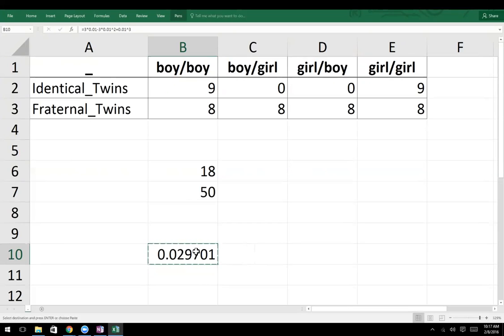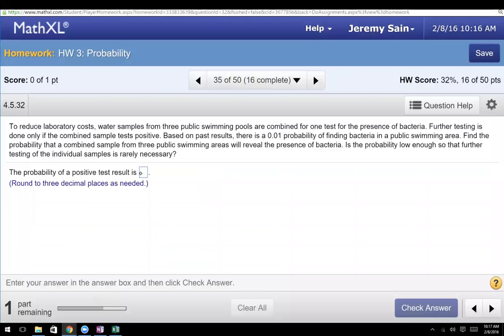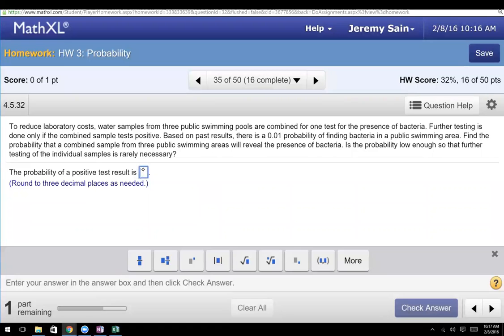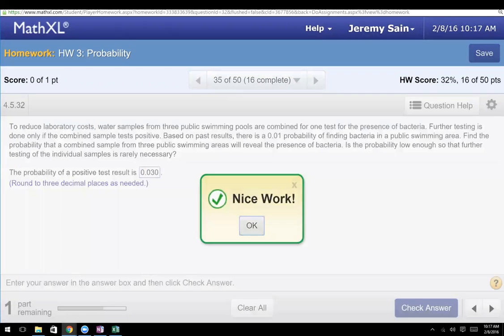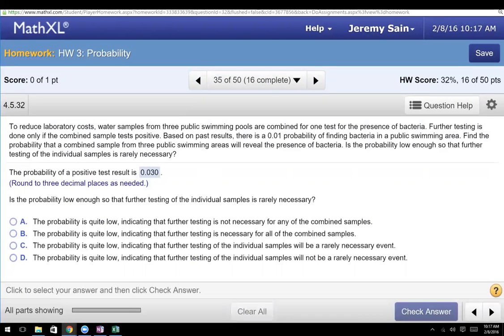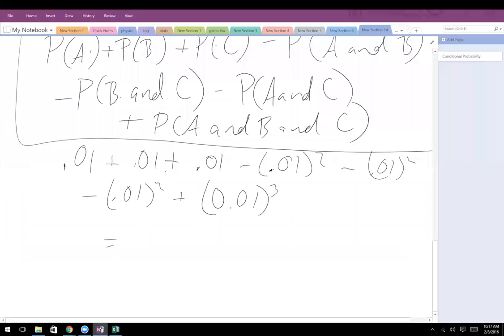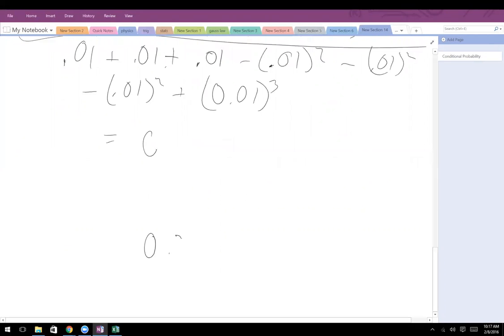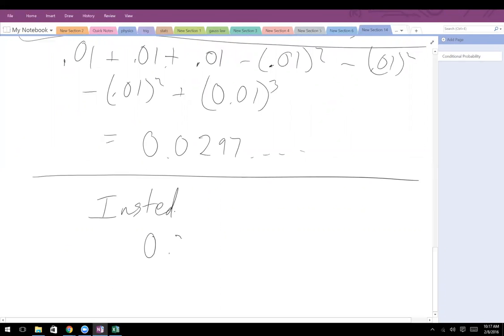So again, that's kind of the long way to do it, but just so that you've seen it, that is one way you could go about it. The other thing we could have done instead, okay, it was 0.00297 or whatever. So the other thing we could have done that would have been a little faster,